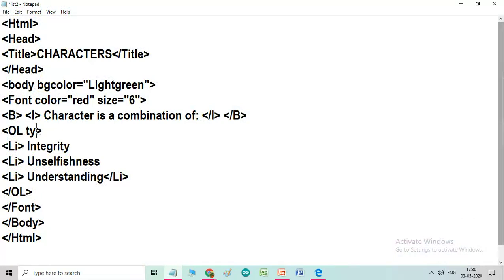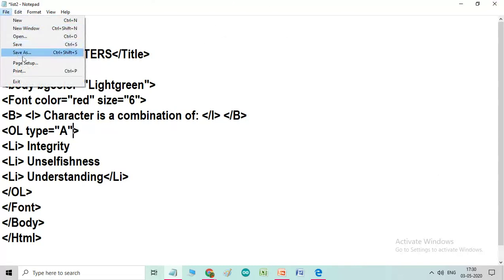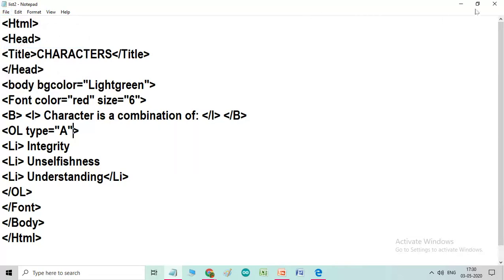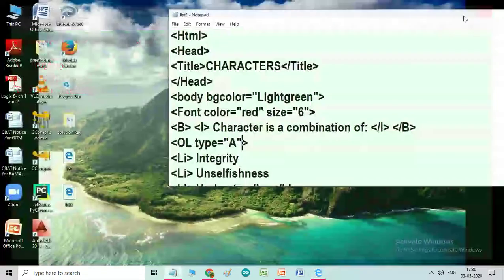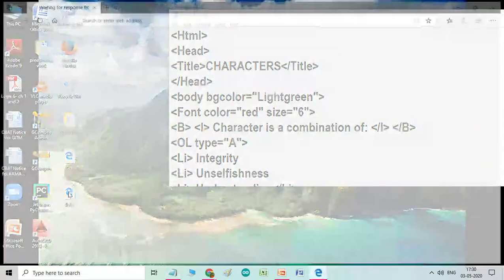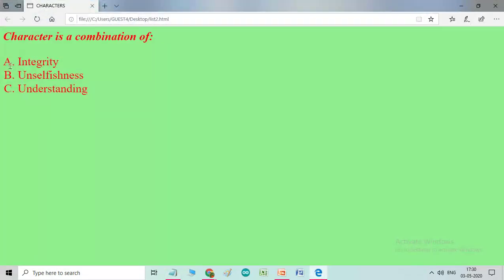So with the OL we will write the attribute type and give its value as capital A. Let's see the result. So now I'll say save, and run my program. You see, automatically the list has come as A, B, C. So this is the first attribute.